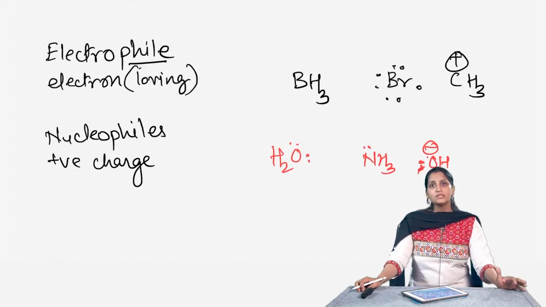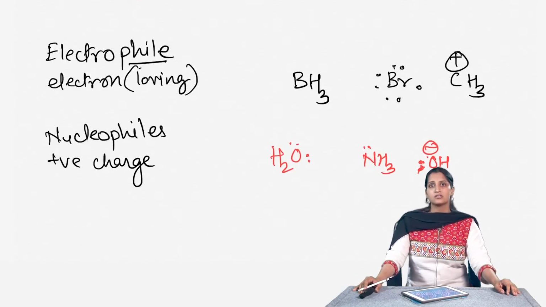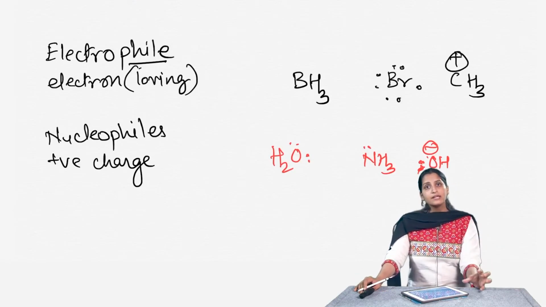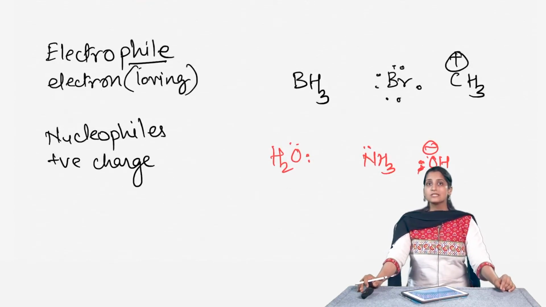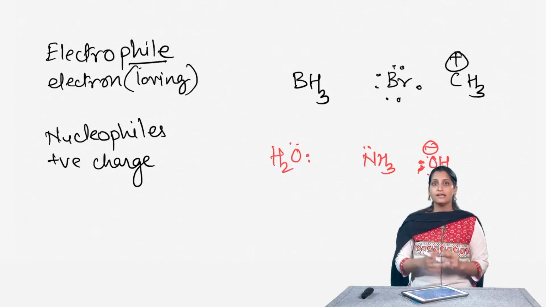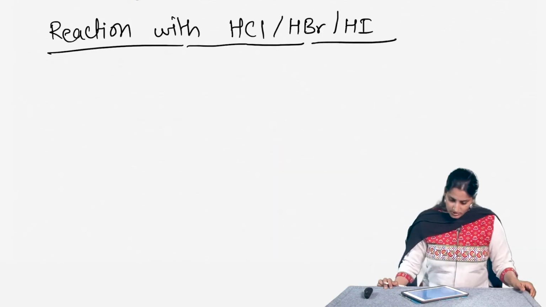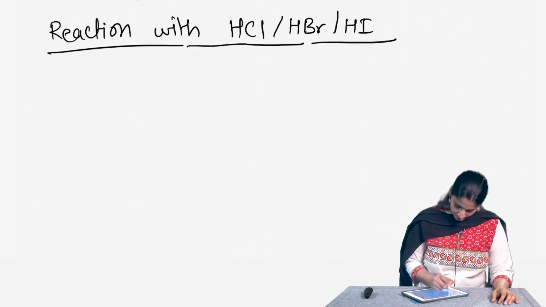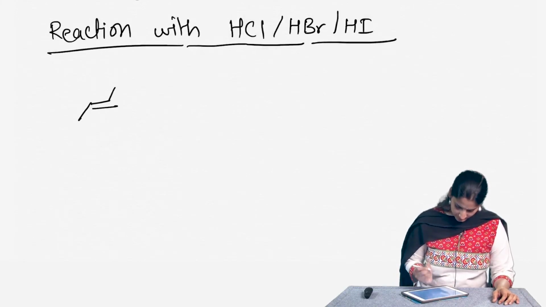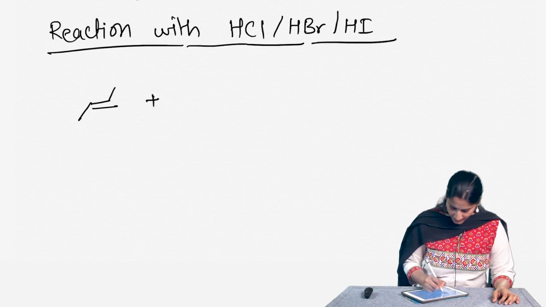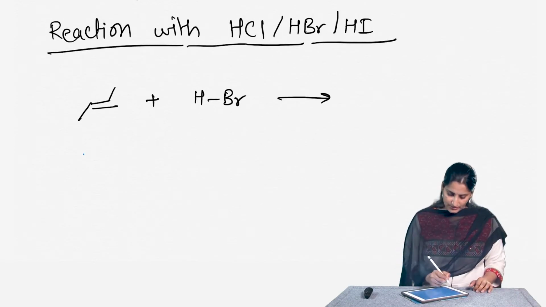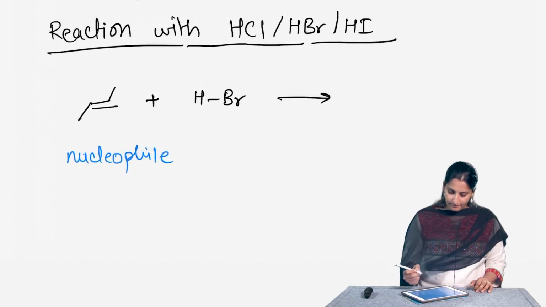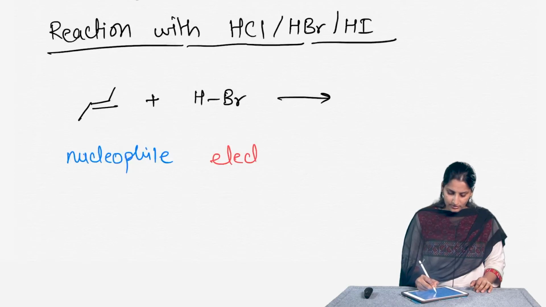So, what we are going to do is we are now going to look at this particular reaction that we first saw. We are going to look at the reaction between an alkene and HCl and we are going to see how the electrophile and the nucleophile really react in the reaction. So, if I take 2-butene and I react it with HBr, if you really think, we said that our nucleophile is the alkene and the electrophile is HBr,